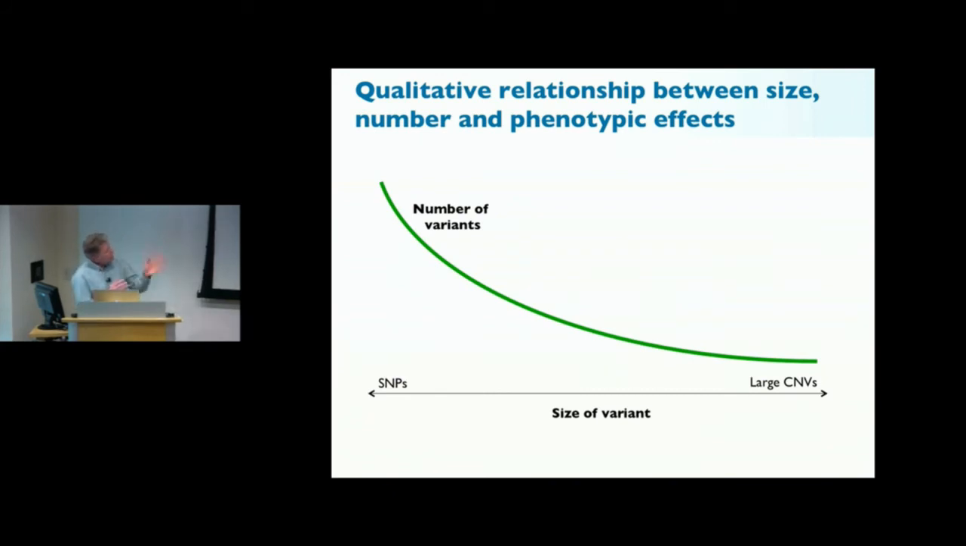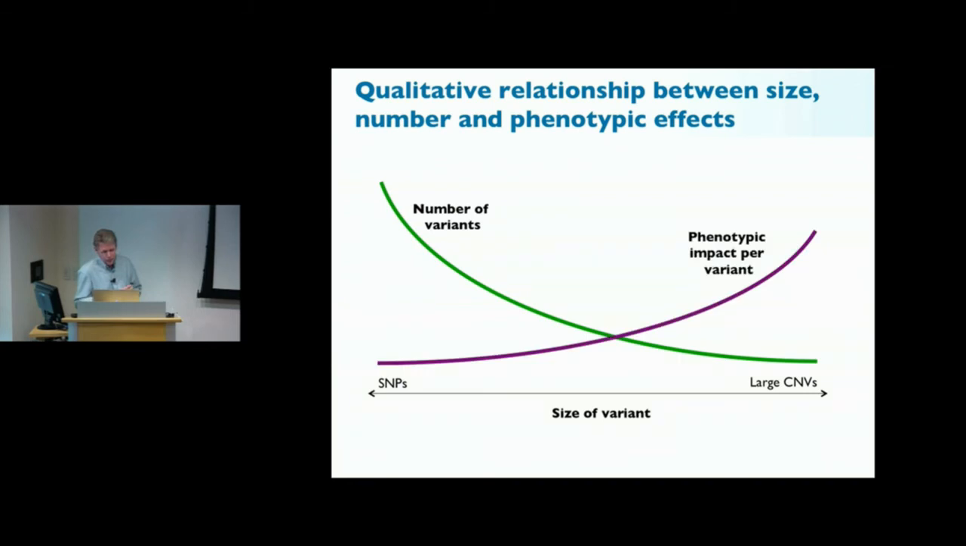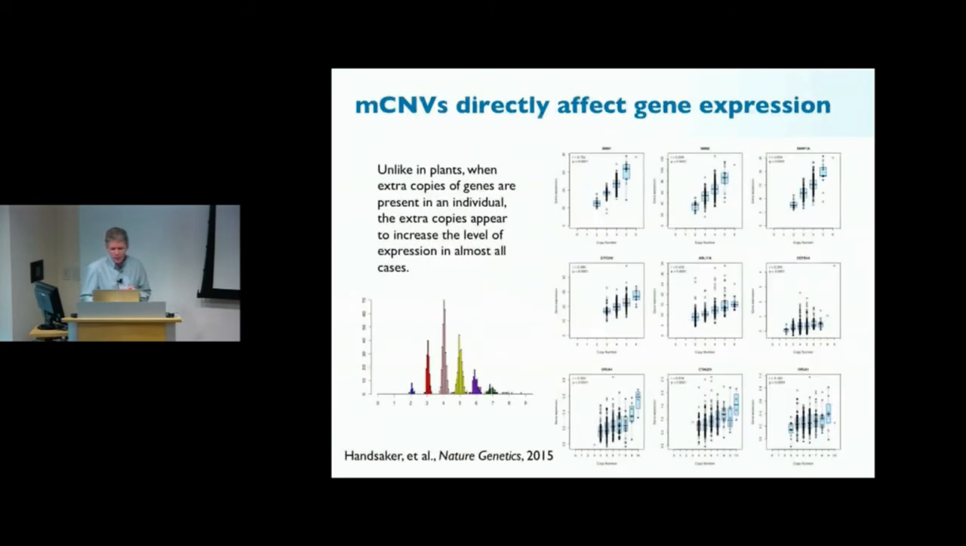So we talked about this quantitative relationship between the number of variants and the size. But another important thing that we've learned is that the phenotypic impact of variants goes in the opposite direction. And what do we mean by phenotypic impact here? So one thing we looked at when we looked at the multi-allelic copy number variation is we used some RNA sequencing data from GEUVADIS to look at what happens to gene expression when the copy numbers of the genes are